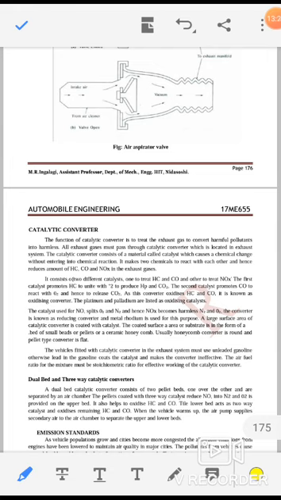So this catalytic converter is installed, and whatever pollutants or burnt gases are formed in the vehicle should be passed through this catalytic converter. The catalytic converter consists of a material called a catalyst. I already told you that a catalyst causes chemical change without entering into the chemical reaction. It makes two chemicals react with each other, and hence reduces the amount of HC, CO and NOx in the